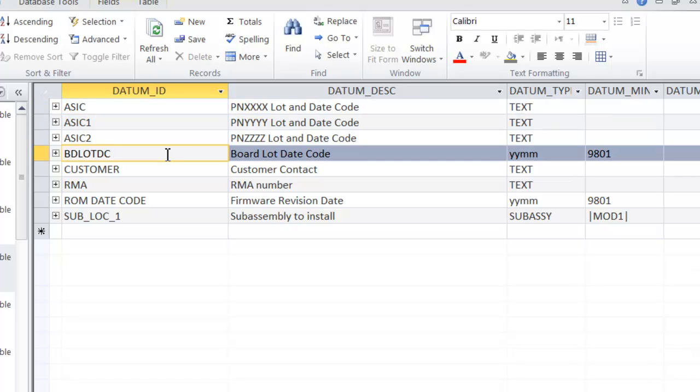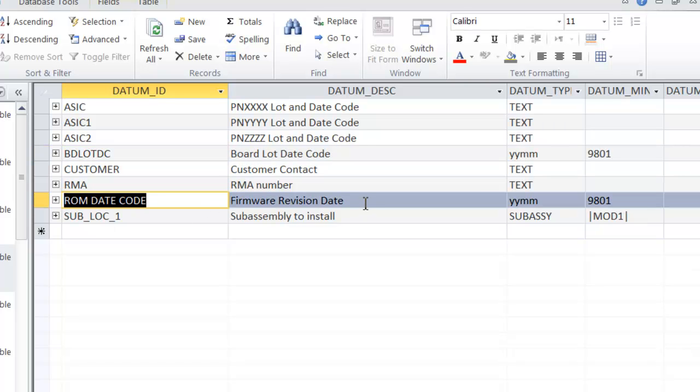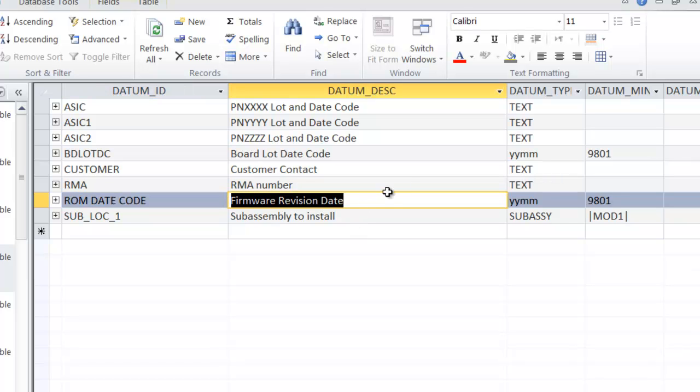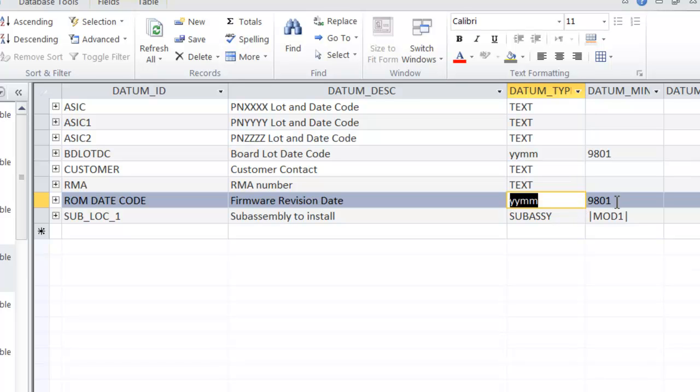For example, at a particular step, you may want to pick up a date code off the unit, and you would set your description, set your data type, whether it was text or year date, set your min max range if it's a date range,